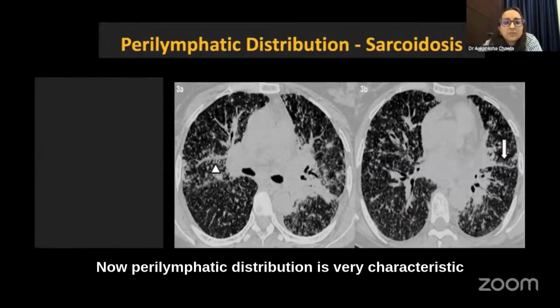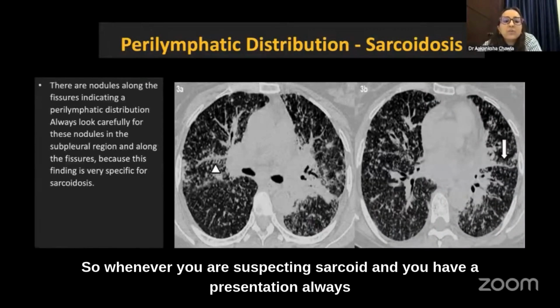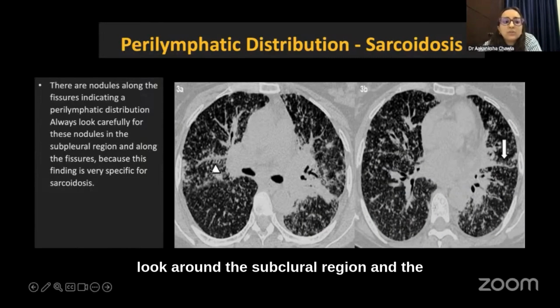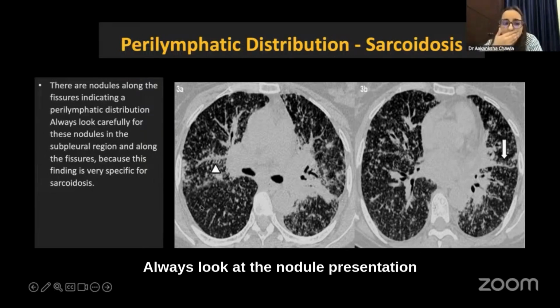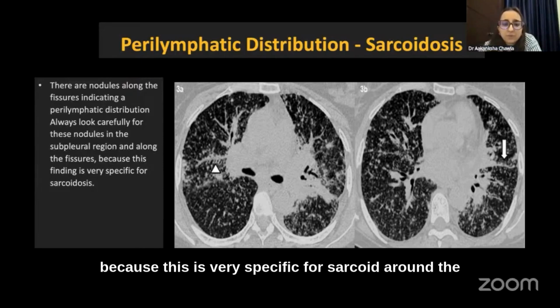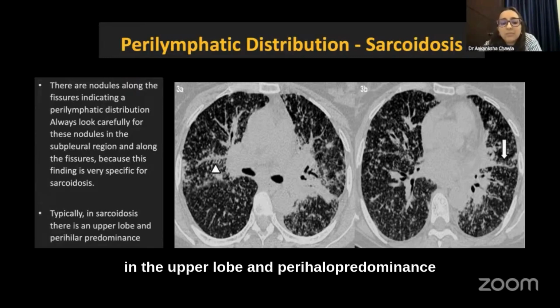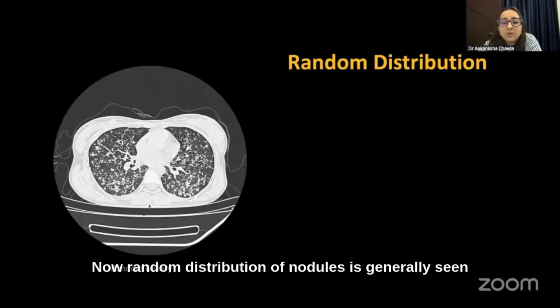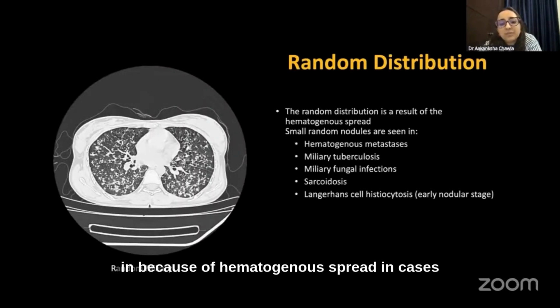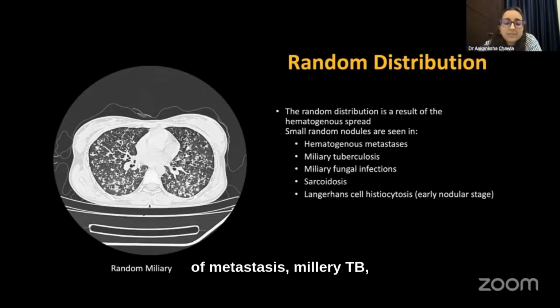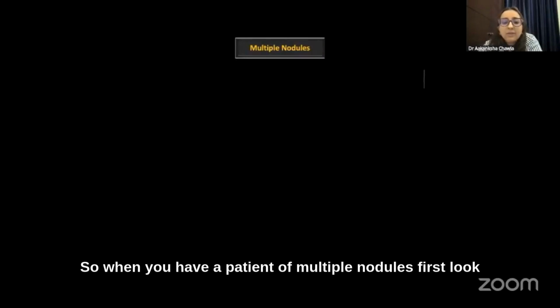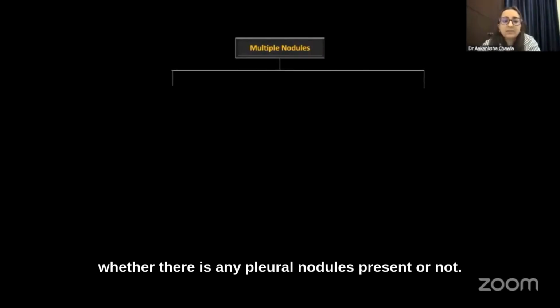Now, perilymphatic distribution is very characteristic of sarcoid. So whenever you are suspecting sarcoid and you have a presentation, always look around the subpleural region and the fissures. Always look at the nodule presentation, because this is very specific for sarcoid around the fissures in the subpleural spaces, and also in the upper lobe, and perihilar predominance is very typical for sarcoid. A random distribution of nodules is generally seen because of hematogenous spread in cases of metastasis, miliary TB, miliary fungal infections, sarcoid. So when you have a patient with multiple nodules, first look whether there are any pleural nodules